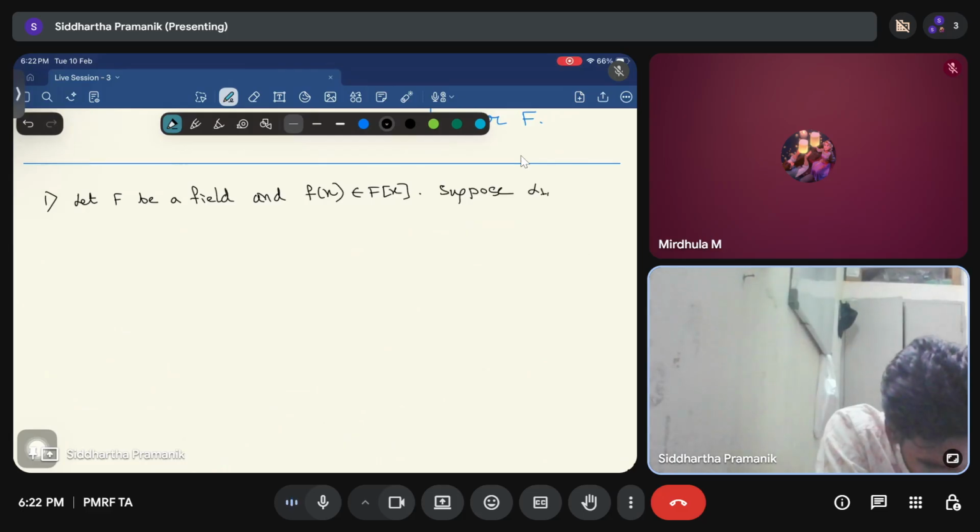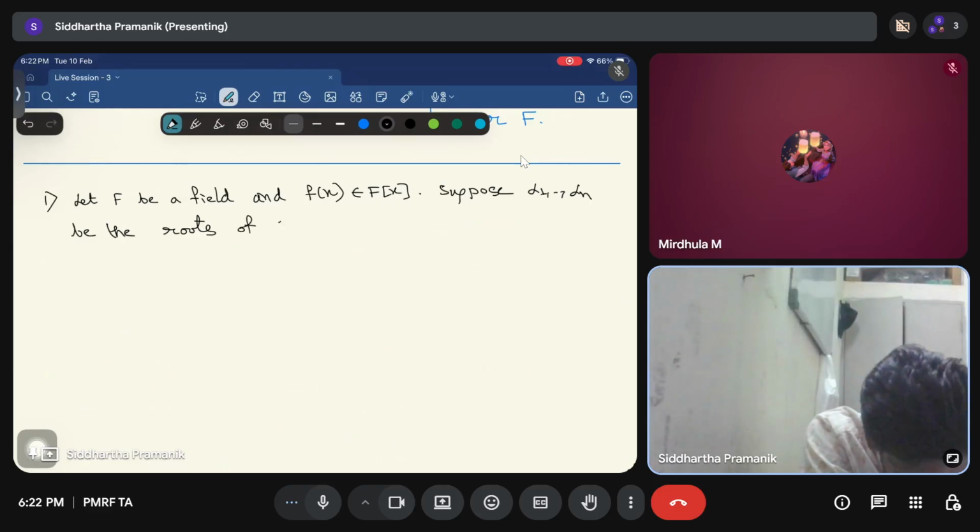Suppose alpha 1 up to alpha n be the roots of f(x) in the algebraic closure of F. Then show that